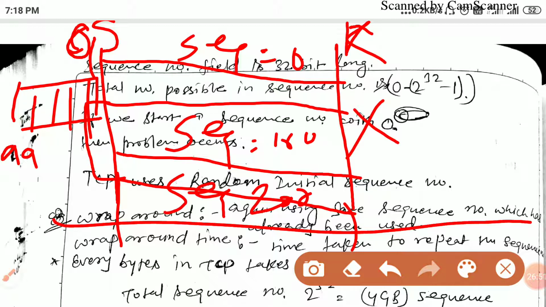Now what happened? After some time, not a very long gap, suppose the IP addresses are IS and IR, and the port numbers are X and Y, likewise you can just assume this. After that they start communication once again between the same hosts.